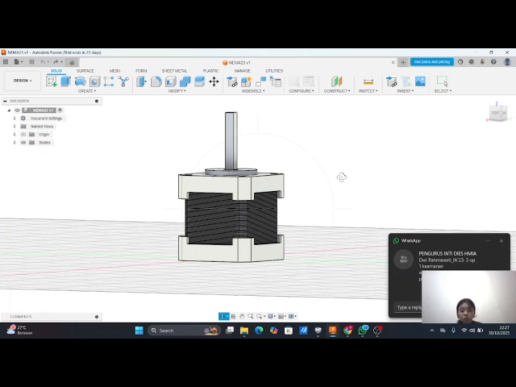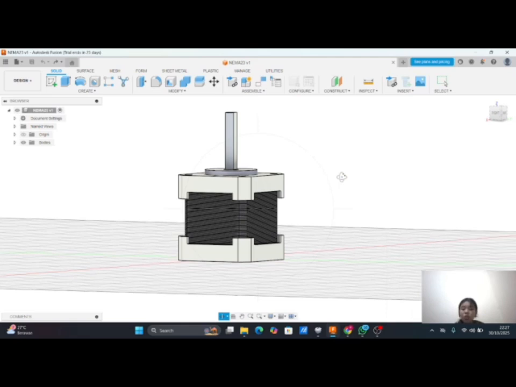The NEMA 23 follows the standard 2.3 by 2.3 inch, or 57.2 by 57.2 millimeter faceplate size, ensuring compatibility. Commonly the shaft is 6.35 millimeters in diameter. When designing a NEMA 23 stepper motor model in Fusion 360, I can start by